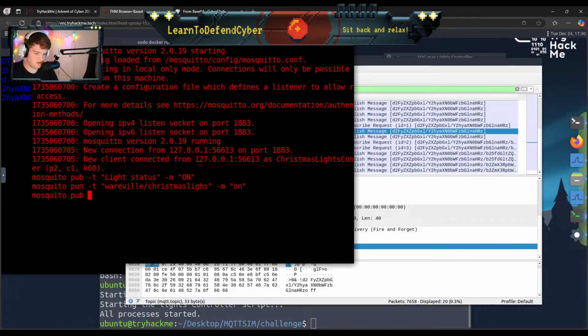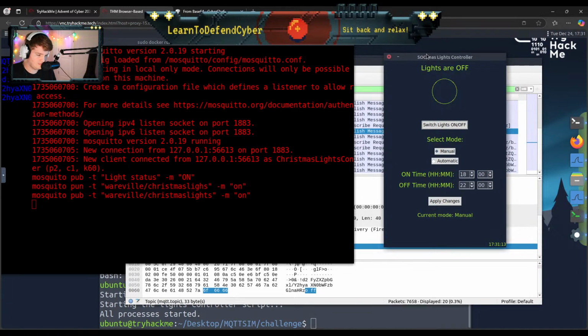Mosquitto_pub -t Wareville. I think it's a slash, Wareville Christmas lights. I also didn't type Christmas lights correctly, with the message on. So now theoretically, no.